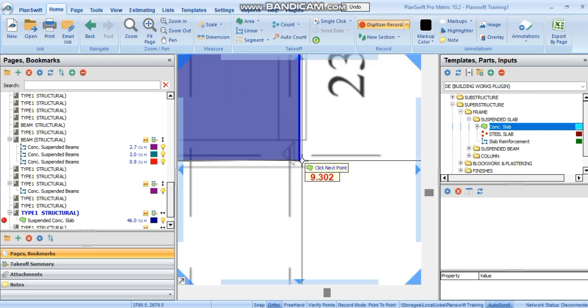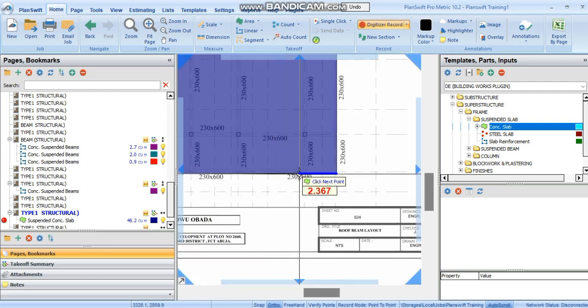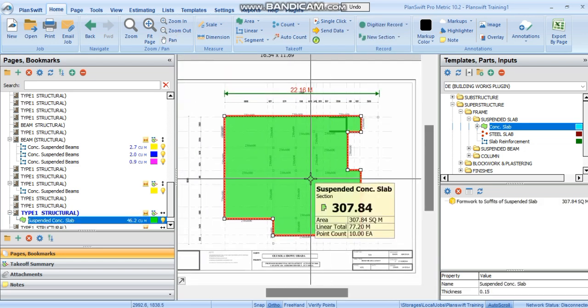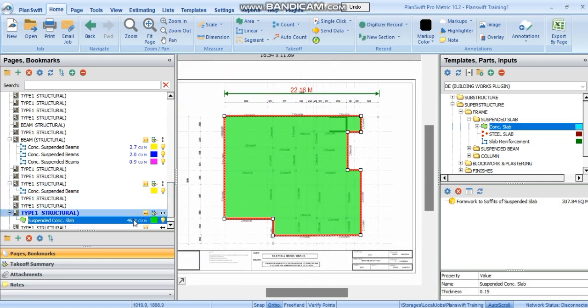So this is my last point. Okay, and then we'll right click and stop. So we have gotten our area for the concrete slab. This is our value,